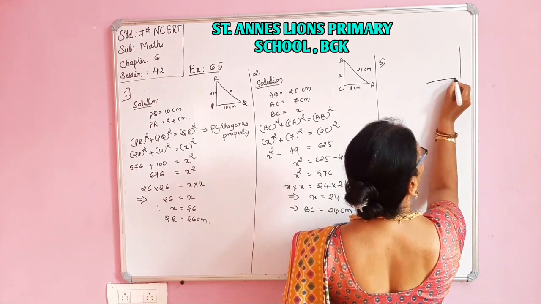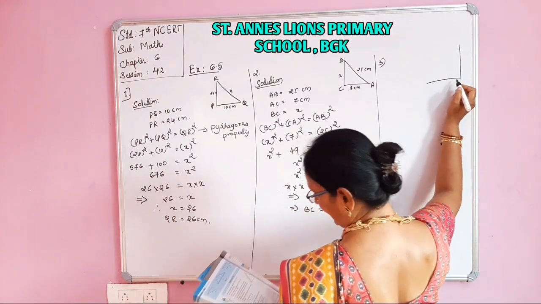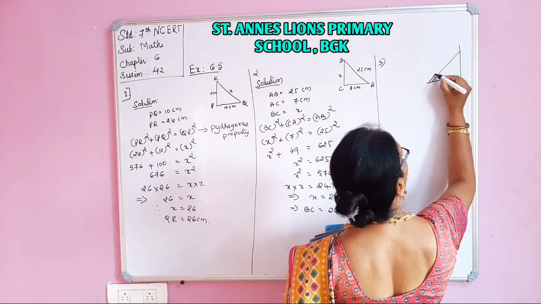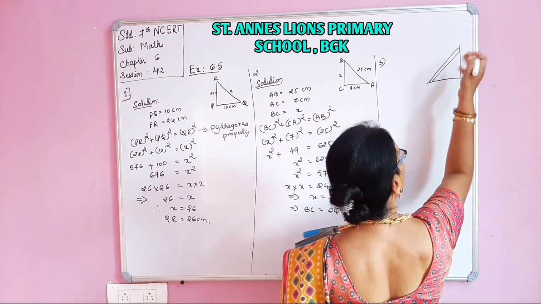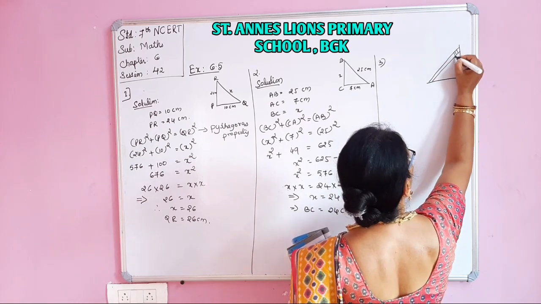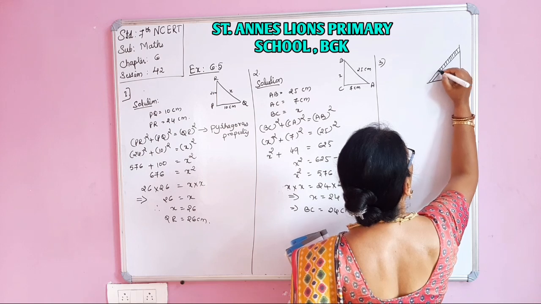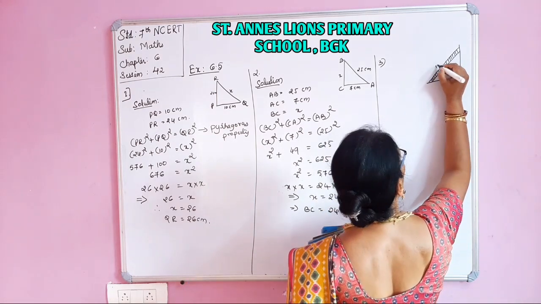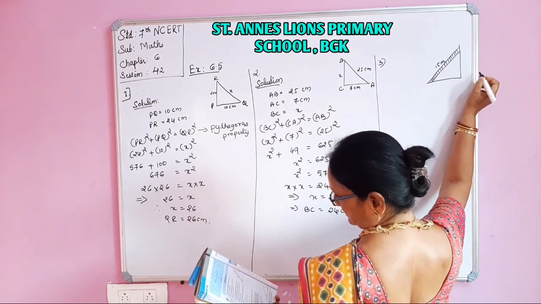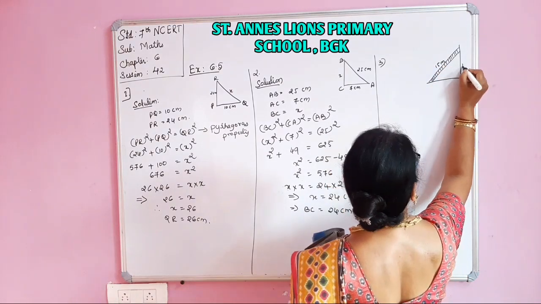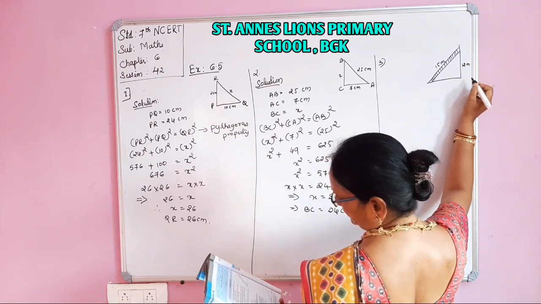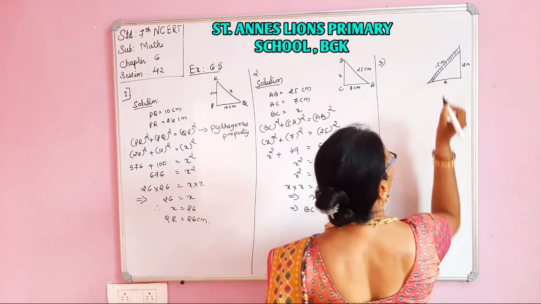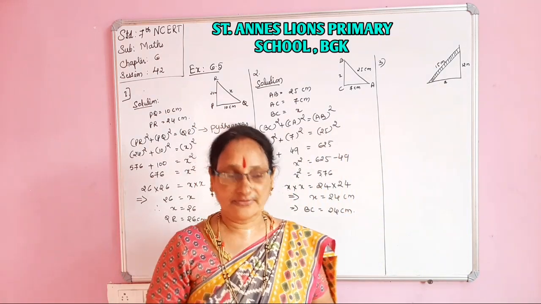That means here this is the wall and this is the floor. Here one ladder is placed. This is the ladder. How is it placed? Inclined, you know how to place it. The length of the ladder is given, that is 15 meter, and the height on the wall is 12 meter. Now we have to find out the distance between this wall and the ladder.